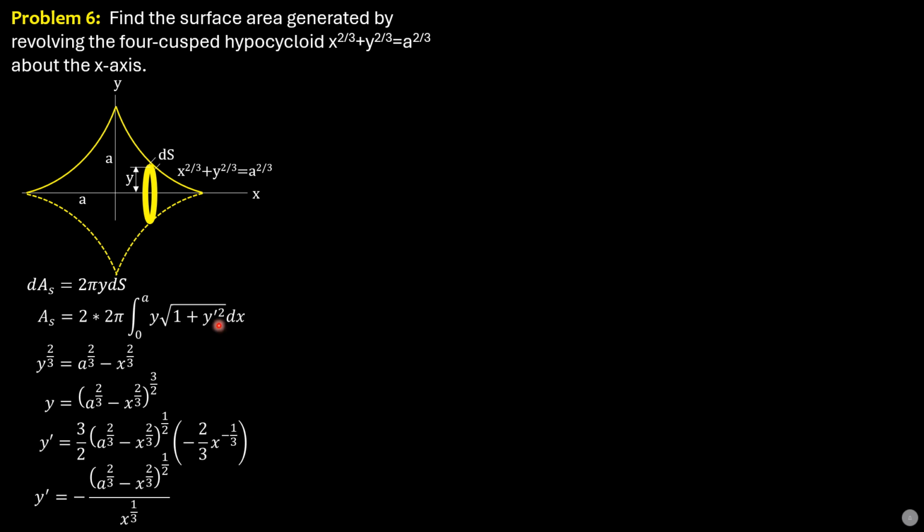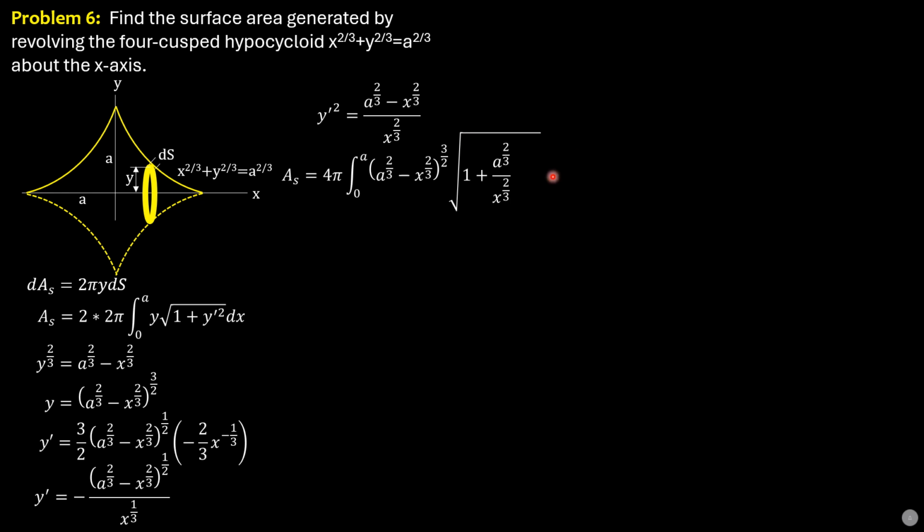Then squaring, because the value inside is y prime square. So the square of this is a to the 2/3 minus x to the 2/3 over x to the 2/3. Substitute into the formula here. So area S is 4 pi integral from 0 to a of quantity a to the 2/3 minus x to the 2/3 raised to 3 halves, which is y, then square root of 1 plus y prime square, which is